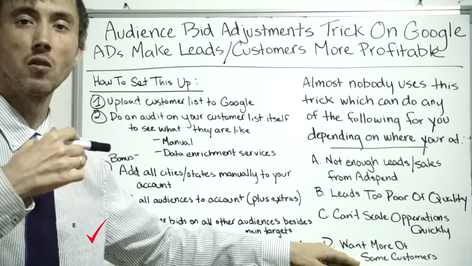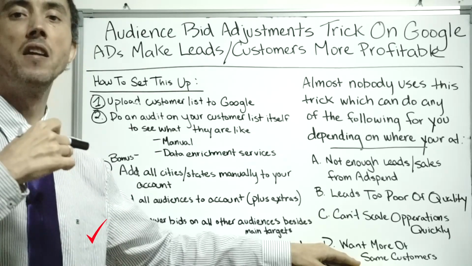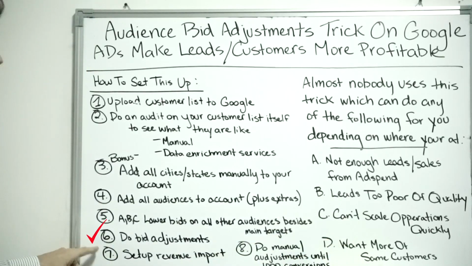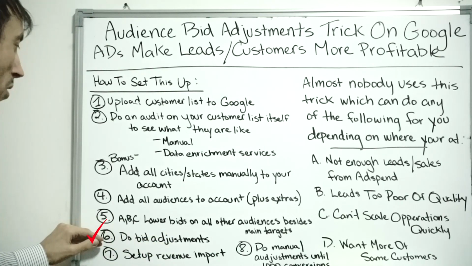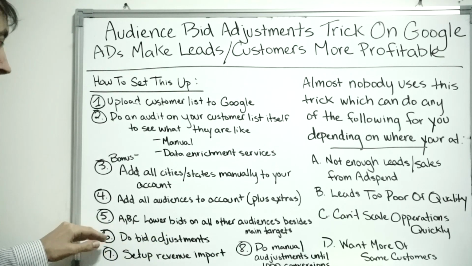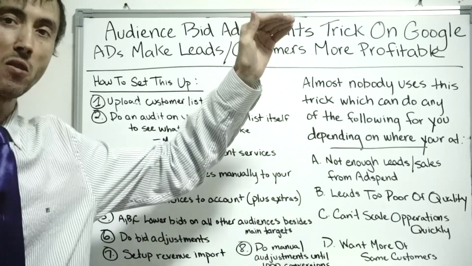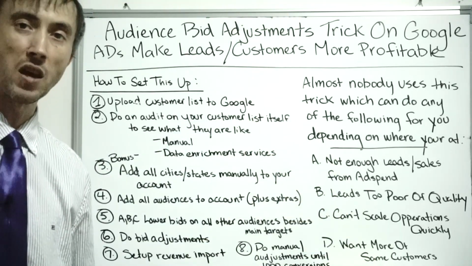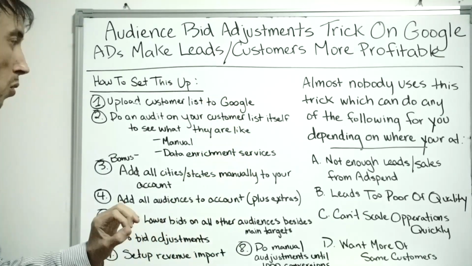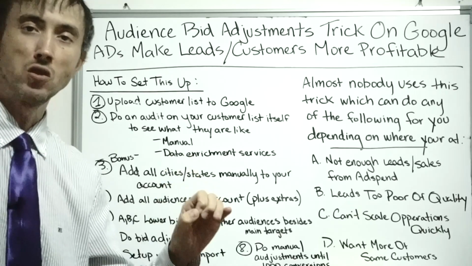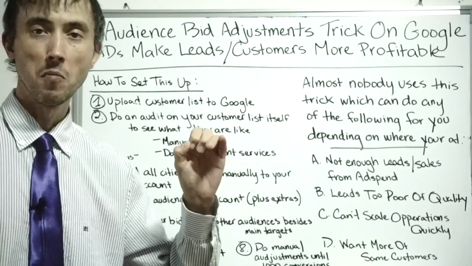You'll double down on what's already working, if you will. And so what you do, that'll just be to start out, but where the magic really comes in here is you continue to run your ads, and then it tells you out of those 500 different audience traits, those audiences, which ones convert above average and which convert below average. And then what you do is you use something called a bid adjustment formula.